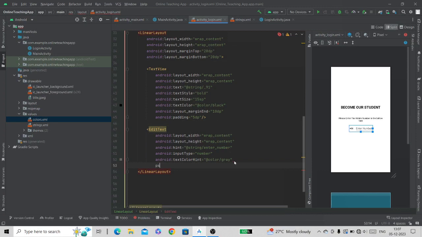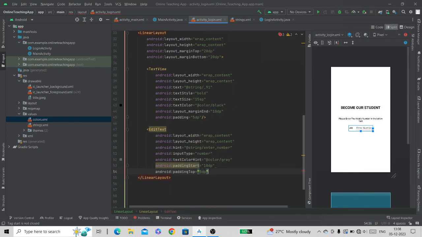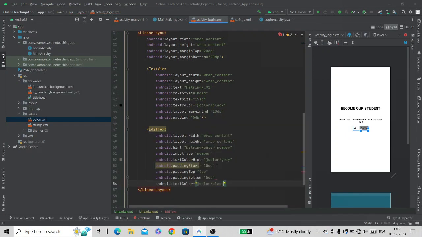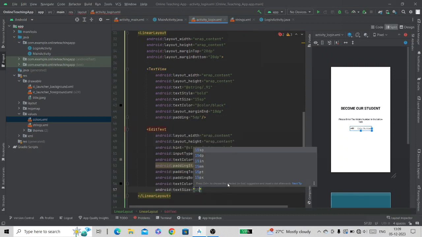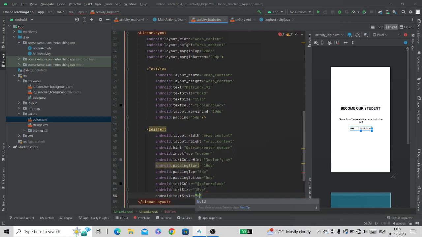Now we'll give padding start, padding top, padding bottom, we'll give the text color black, text size 15 sp, text style bold.